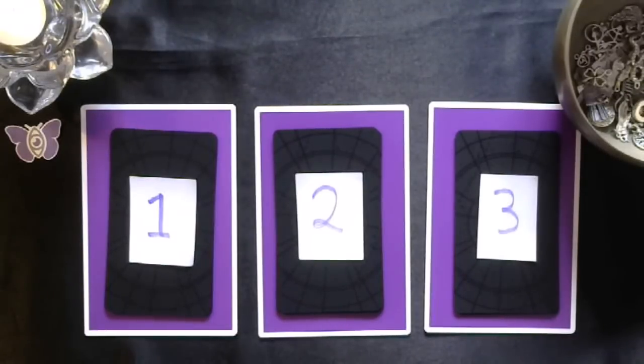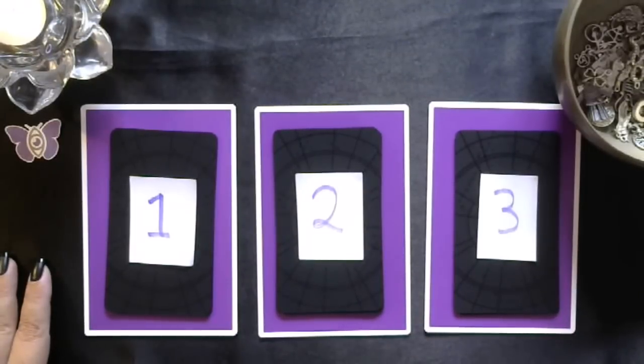So, today we're doing things a little bit differently because if you know me, I don't like to keep things the same. I like to shake things up a little bit. So, what I have for you today is the three piles. So, only three choices for you today, but we are doing